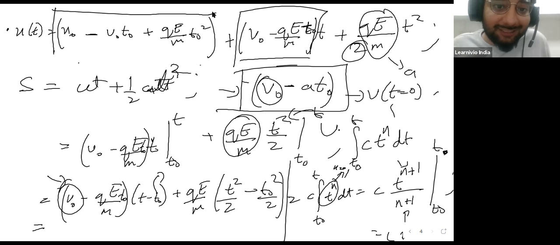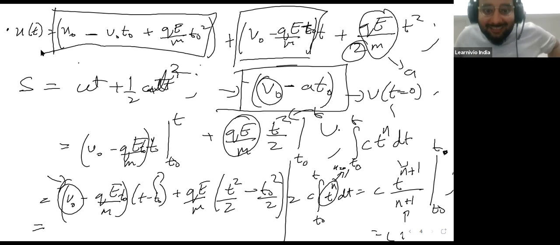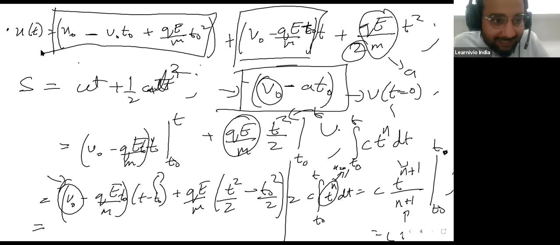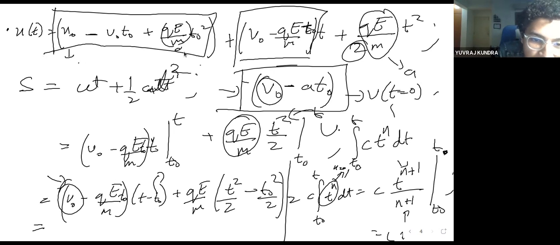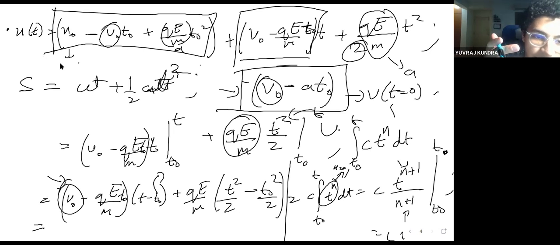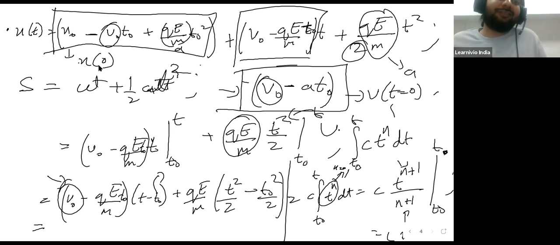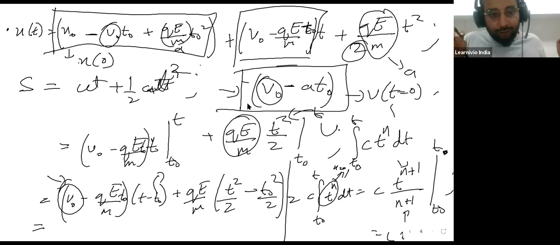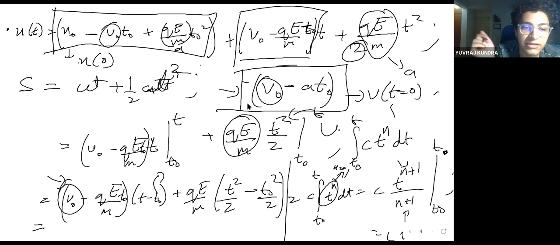What about this term? Sir, this is the last one, a t naught squared, some b naught t. Yes, so this will just be x at 0, the distance at t is equal to 0. Not at t naught. Distance at t is equal to 0. So basically where we started, the distance of it.